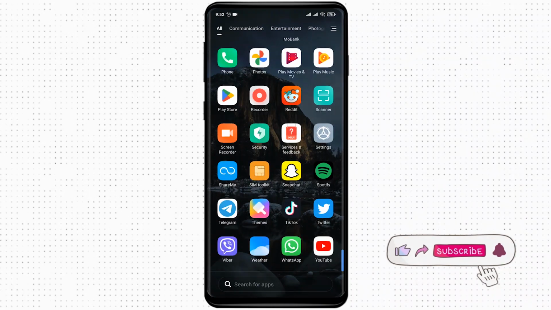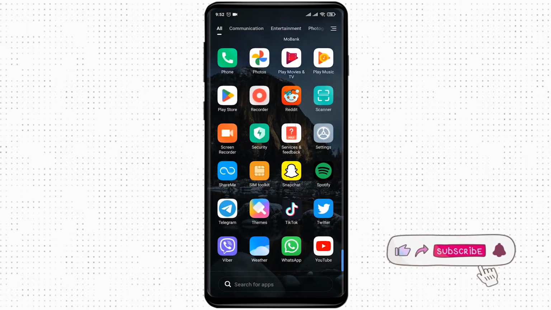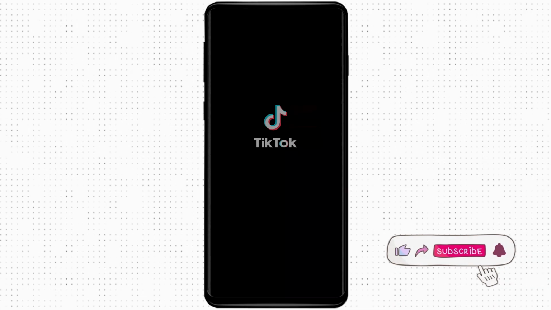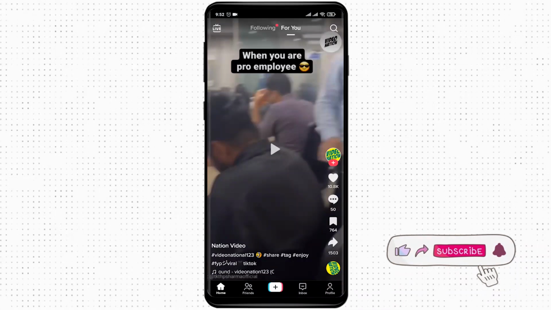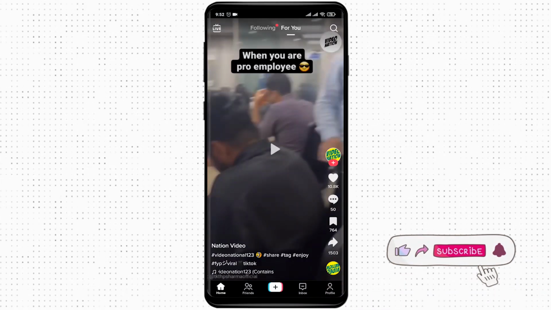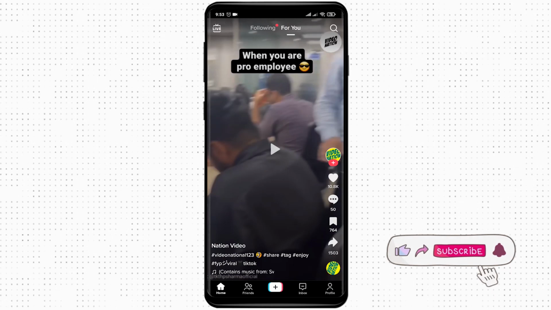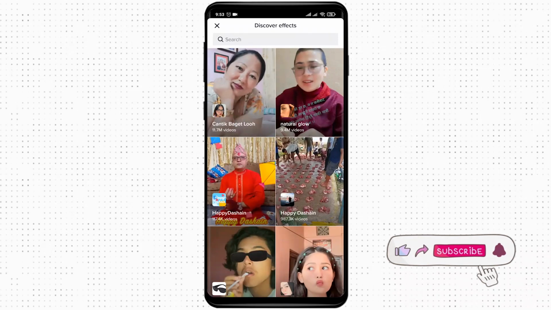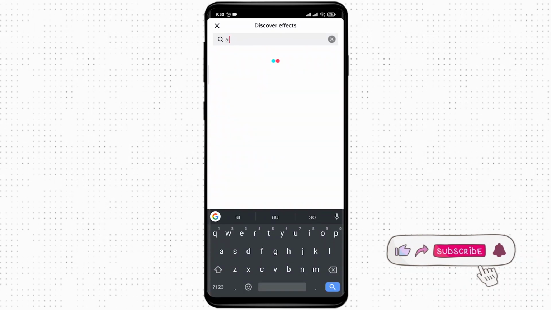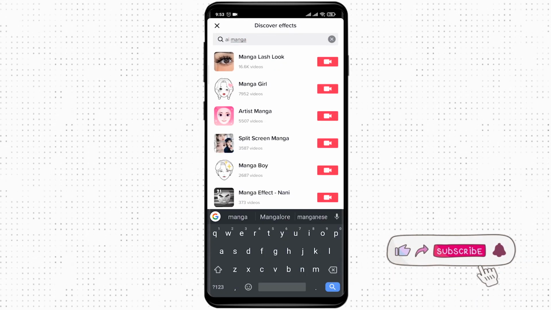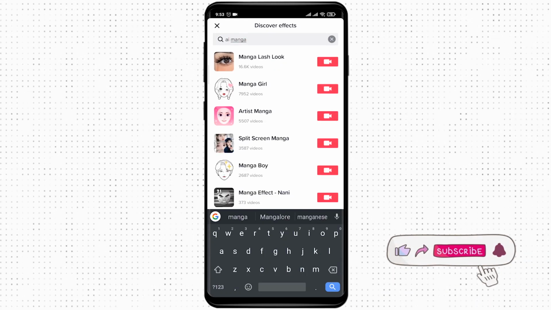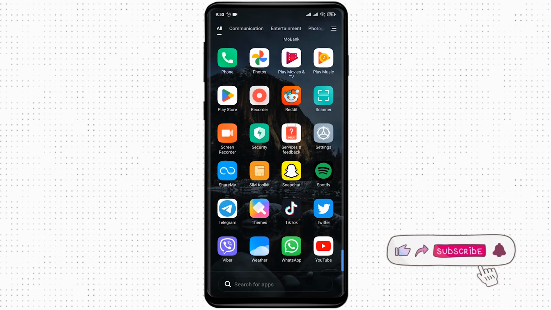Firstly, make sure you search it on TikTok. Let's open up TikTok first. Now let's search it on the FX tab right here. Tap on this plus icon. Now you can search right here for AI manga. And if you find this filter, great, but if you don't, you can head back and head over to the